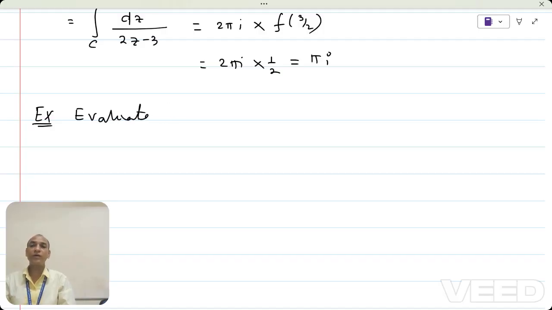See, we are not saying that use this formula, that formula. You have to select the formula depending upon the situation. Either you are going for the Cauchy integral formula or something else. Don't use whatever integration formula you know. Don't say log z or something like that. Okay. So evaluate